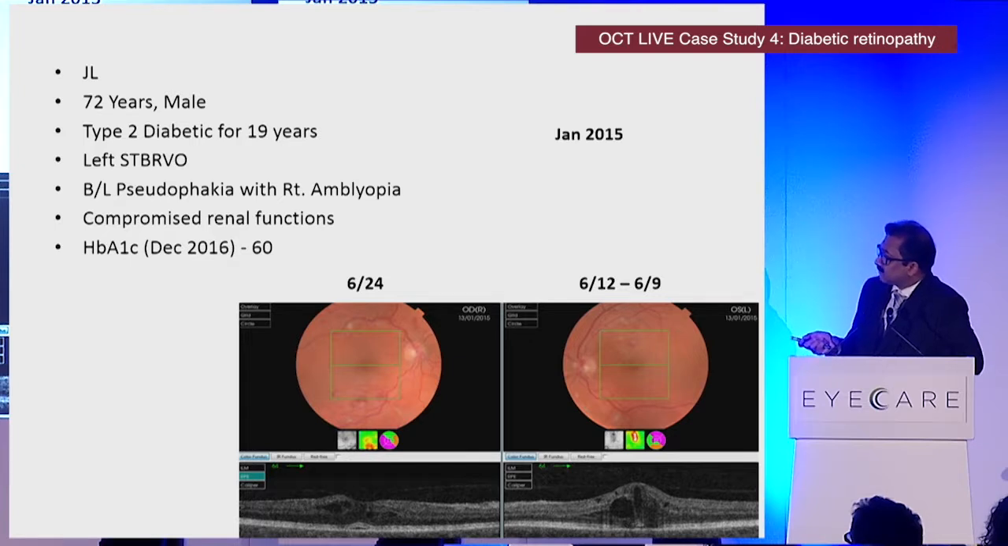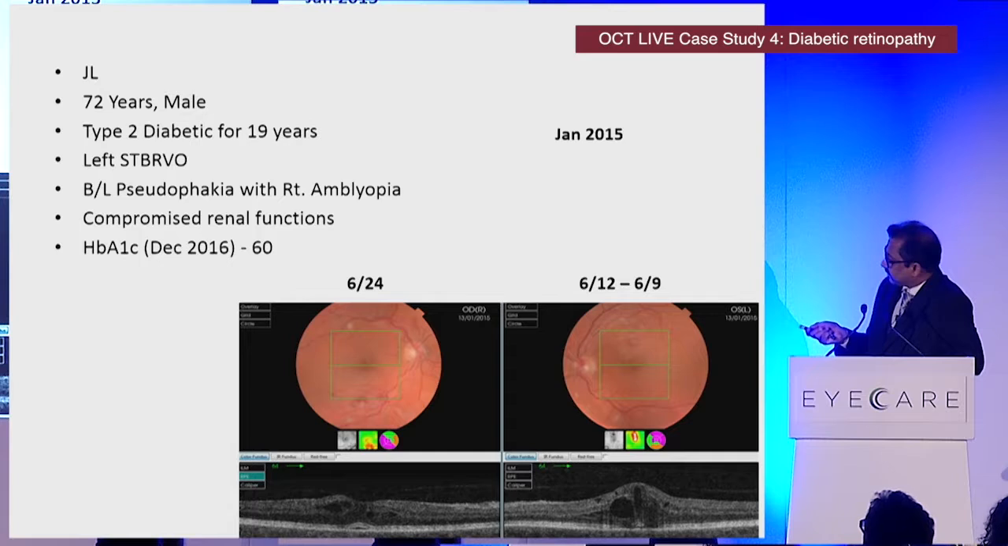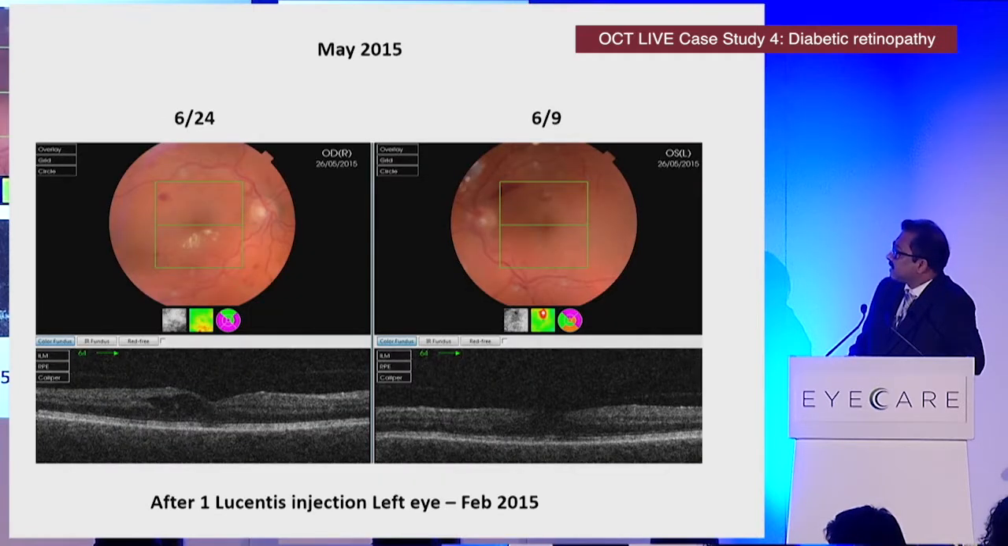You can see vision is 6/24 in the right eye because of amblyopia. You can see some cystic spaces with a bit of subretinal fluid. In the left eye, you could see a bit of thickening and intraretinal cysts here. So we listed him for a course of 3 Lucentis injections in the left eye, but he could get only 1 because he was admitted to hospital for various other medical reasons. The injection was done in February 2015, and this is his left eye, slightly better after